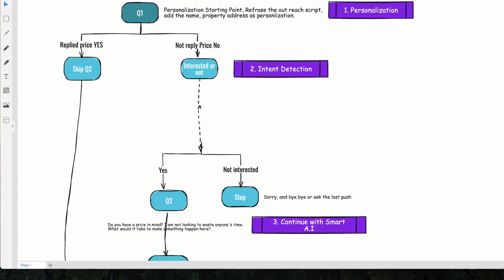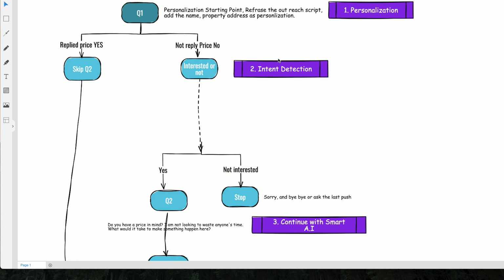So here is a summary of how we design the conversation and what kind of service we can offer. First of all, it will start with the database you have. If you have the user's phone number and email, the name and the phone number, even just the phone number, it will be a good starting point for us to start the outreach for you. If you have more data points, we can use those to personalize the message for the user.